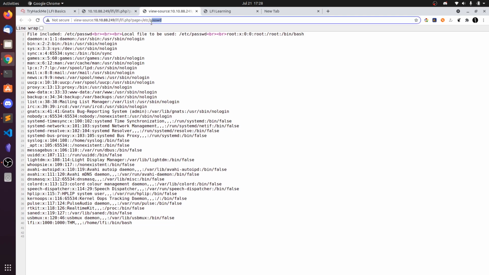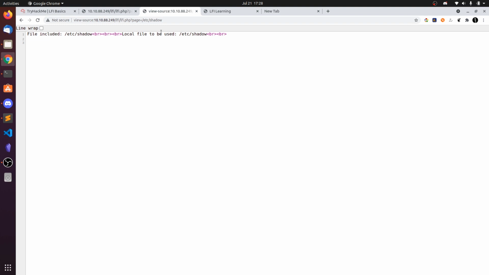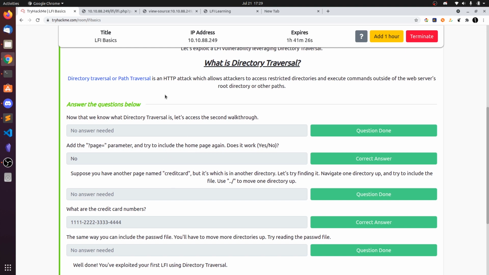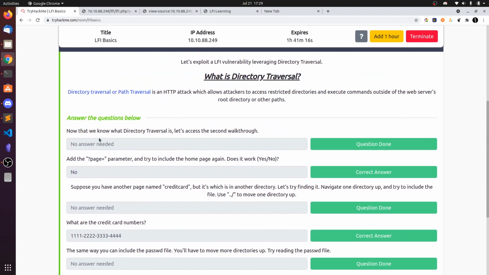Let's try for the shadow file. So whenever there are no sufficient permissions for our user, that is like www-data or any other user, the file will not be included. So here what they are telling is